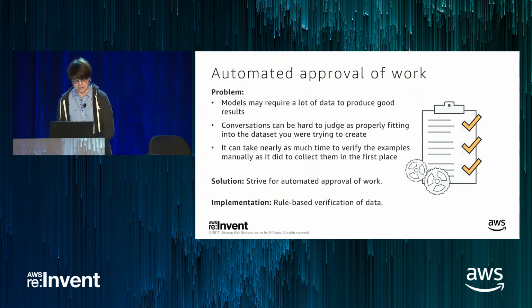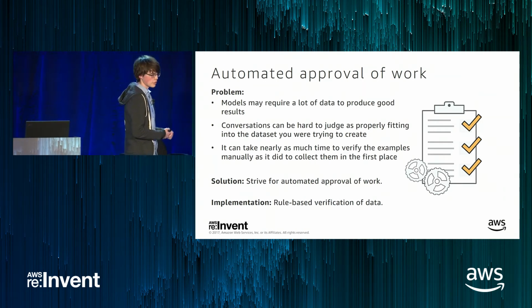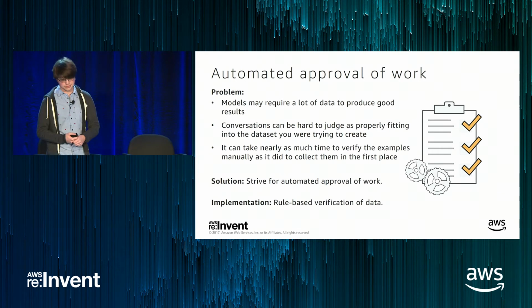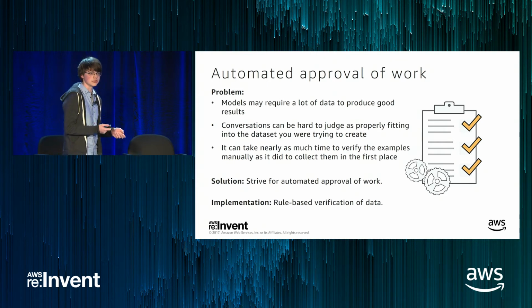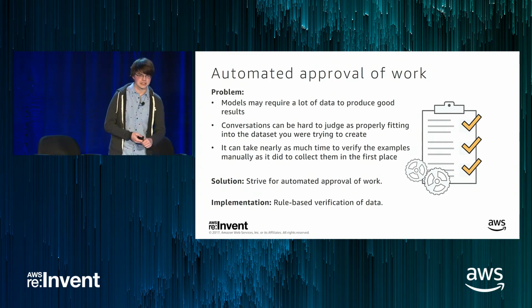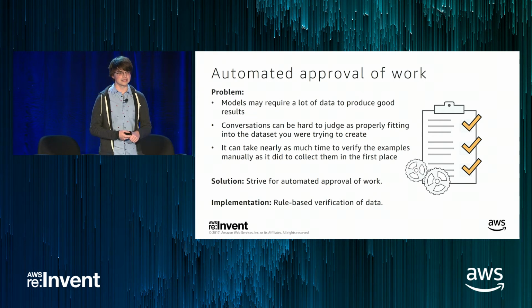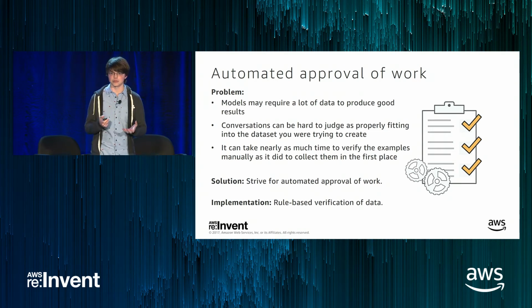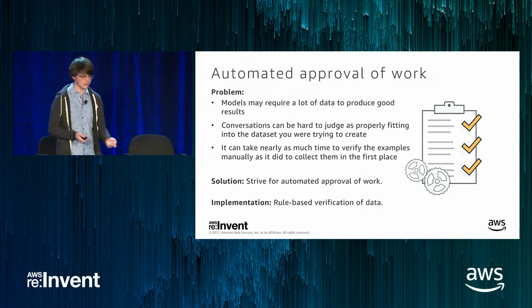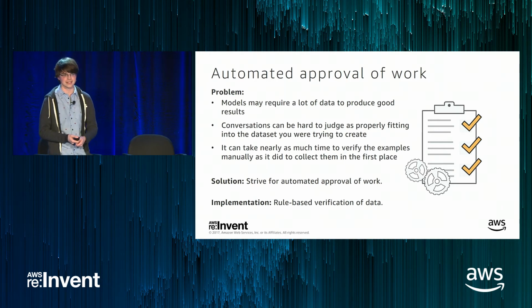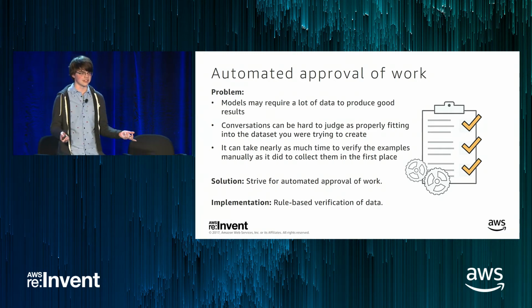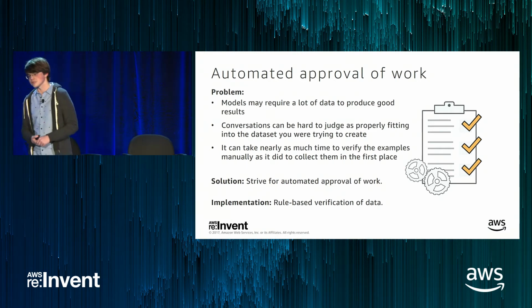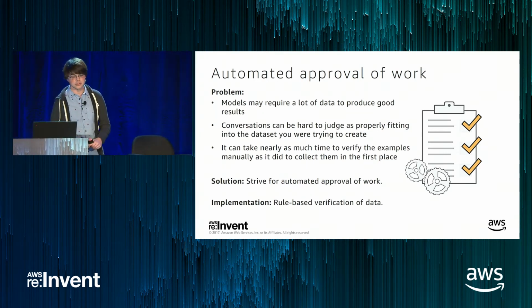And then the last major engineering thing that we worked on was automated approval of work. The main problem here is that models can require a lot of data to produce good results. And collecting that data, no matter how easy you make it, if it isn't high quality data, you might find yourself going through every single example again, seeing if it's what you actually needed, and that can take even more time than it would to collect the data in the first place. So our solution was to push for automated approval of work, and we did that